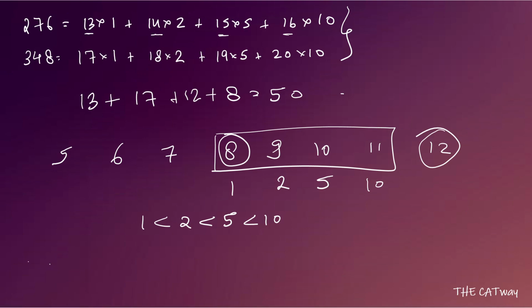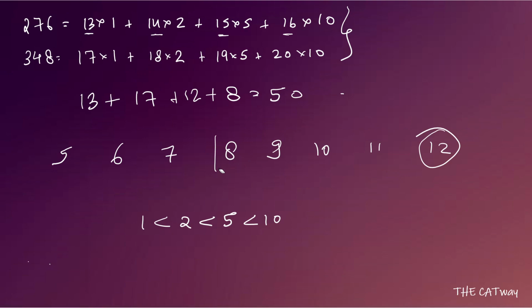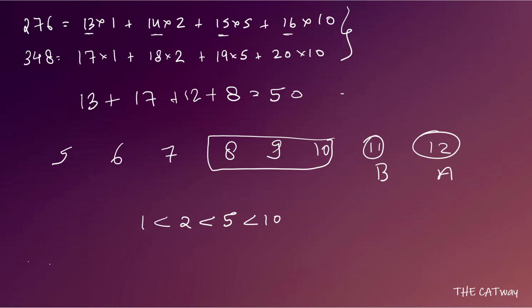Let's see if we would have assigned 12 to A, then this would have been B. Then we would have to assign 3 of them again. The number of 1 rupee coins with A would have been 8, and instead of 12 it would have been 11, which would not have maximized the value. The total value would have been 49. So we could not have taken that case. So we have to assign the number of 1 rupee coins to B as 12. That is our only possibility for maximizing it.